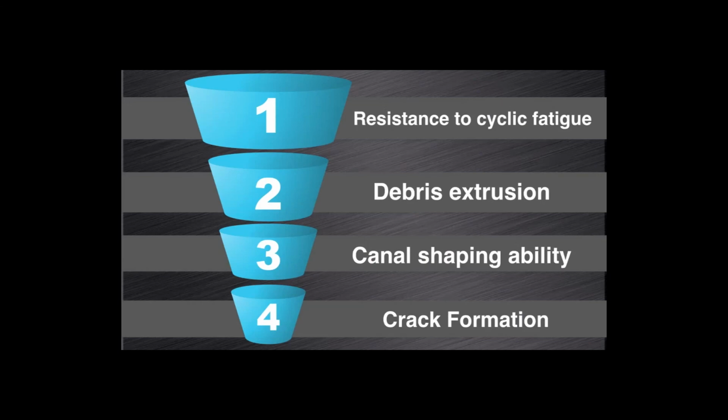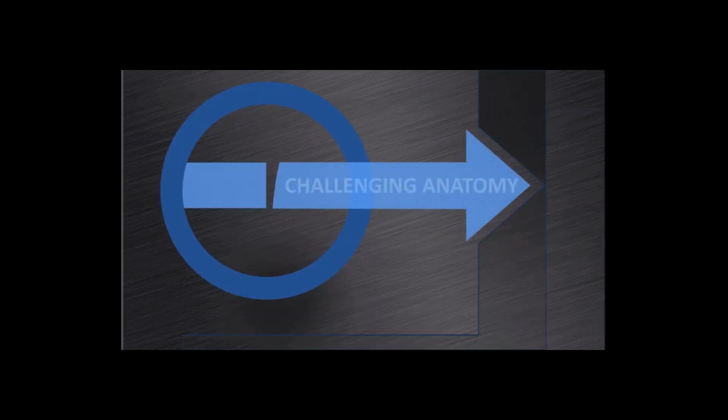I think that all of you will agree that all this research correlates with our clinical findings, clearly illustrating the excellent clinical benefits when ProTaper Next instruments are used for canal preparation. In the next section of this webinar, I want to discuss how to manage challenging root canal anatomy using